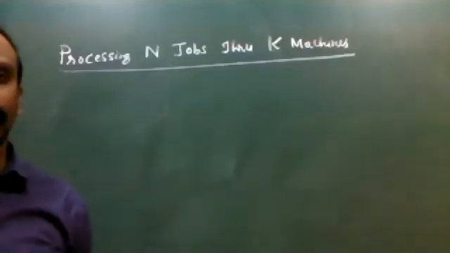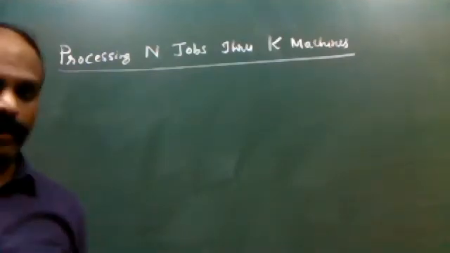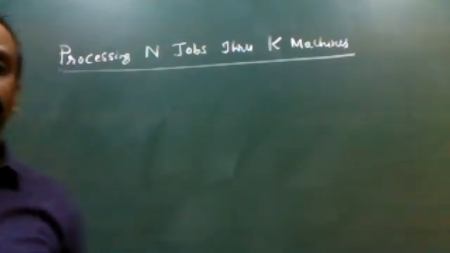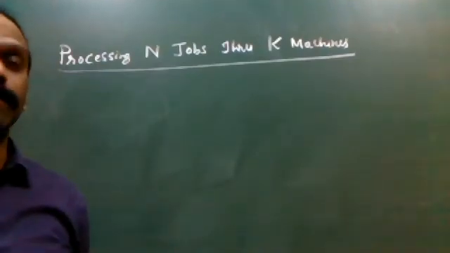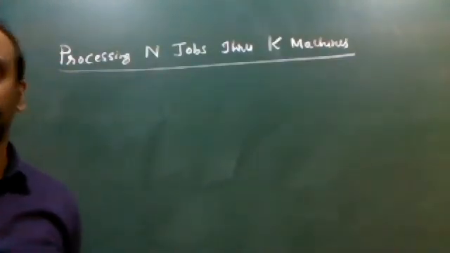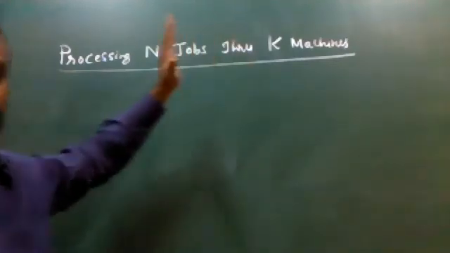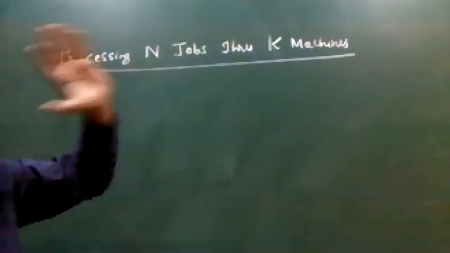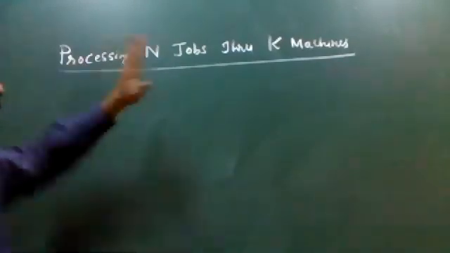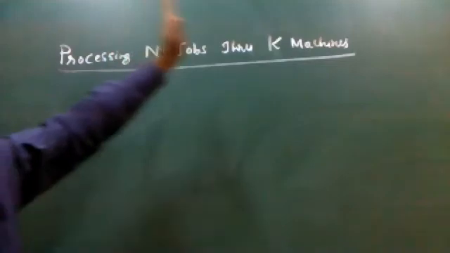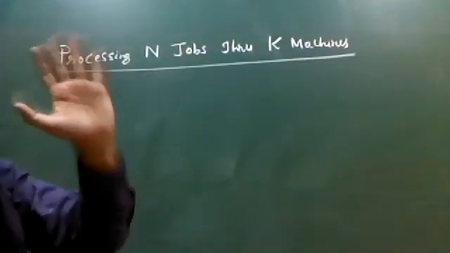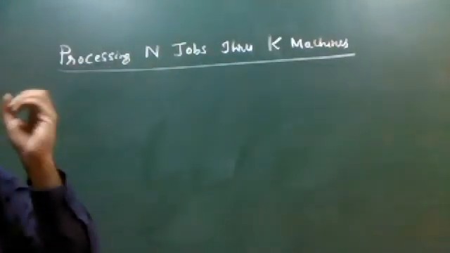What exactly is this particular problem all about? I was taking the example of the first and second methods. In those methods, the number of machines was completely restricted. In case one, it was exactly 2 machines, and in case two, exactly 3 machines. Now, in the last method, both the number of jobs and the number of machines are unlimited. You can have any number of machines and any number of jobs.